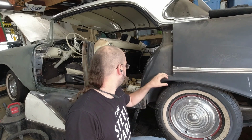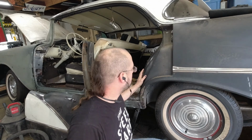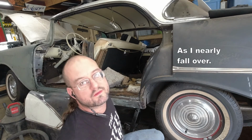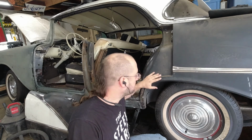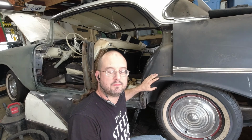Hey all, continuing working on the Oldsmobile, trying to get this rocker done. I finally got the back door off so that I can finish welding up the top of the rocker. Once I've got that done, it means I can start welding the bottom of the rocker. Got a couple of other plans for this area, but I think it's going to be a case of get